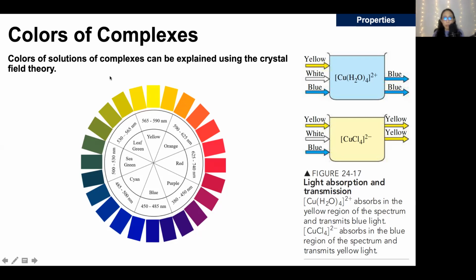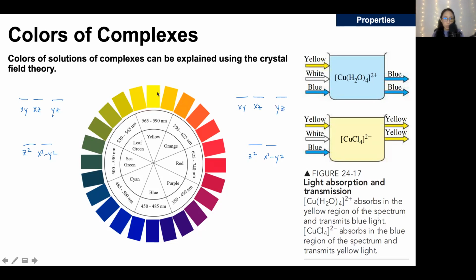Okay, they are square planar, which means this is the splitting pattern. That's z squared and x squared y squared. Okay, so both of them are tetrahedral. So let me just draw two